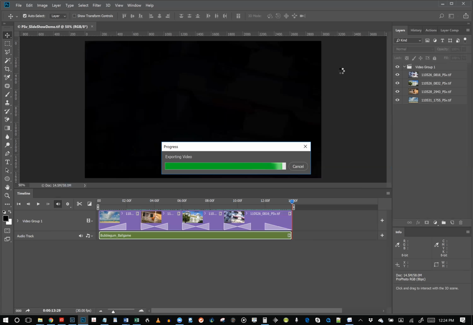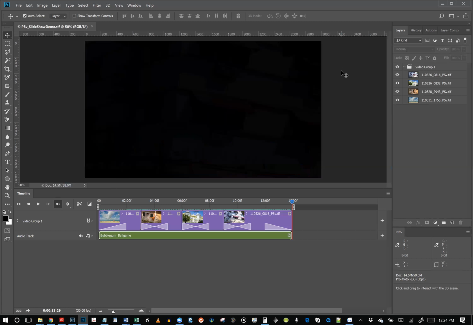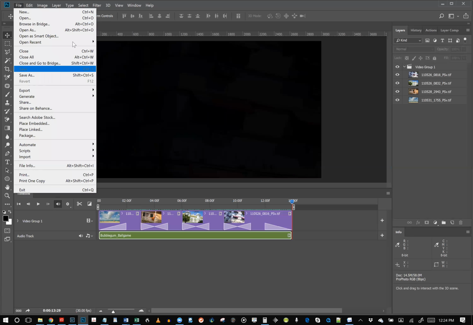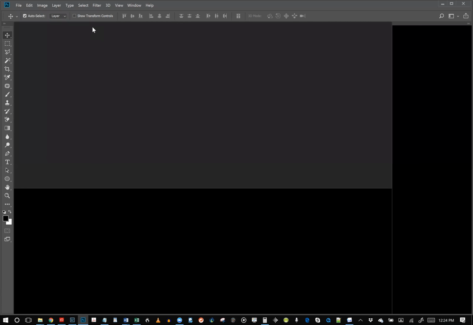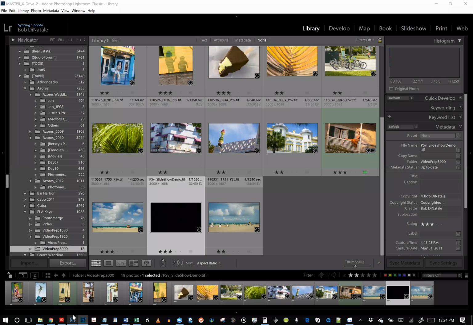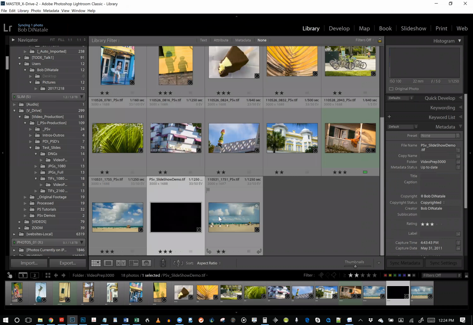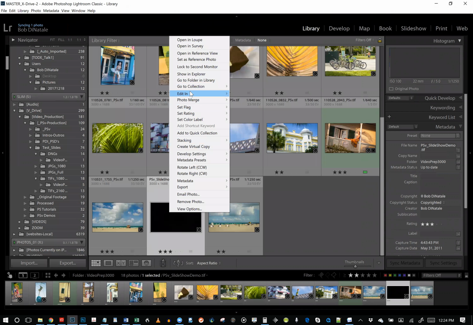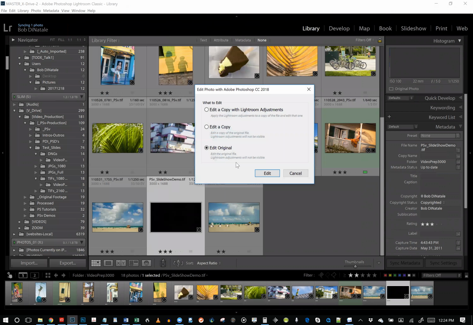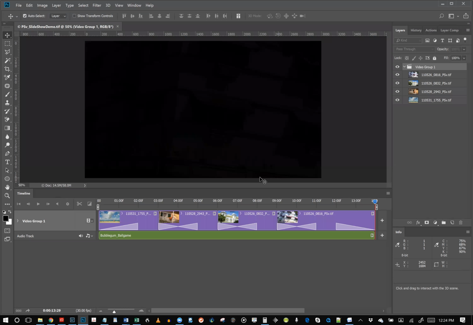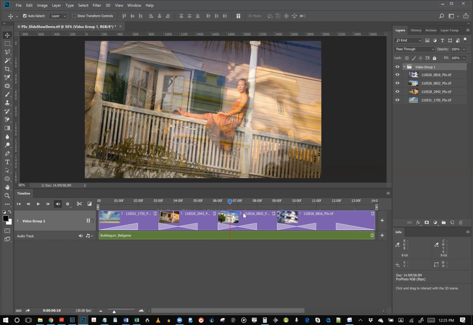Now, once the file is through rendering, we can close down and save this document. We should be able to go back into Lightroom. So let's save this file, save. I guess we're all done. We'll close this document. It's safely here in Lightroom to be opened up again. See this? I'm going to show you something. If we right mouse click and then say edit in Photoshop, edit the original. This is pretty much where we left it off. However, if I stop in the middle of a dissolve and say File, Save,